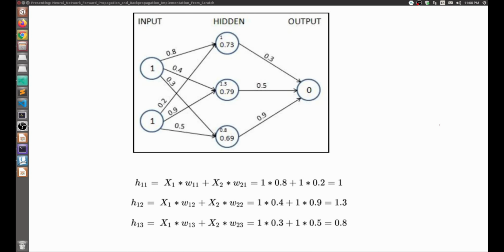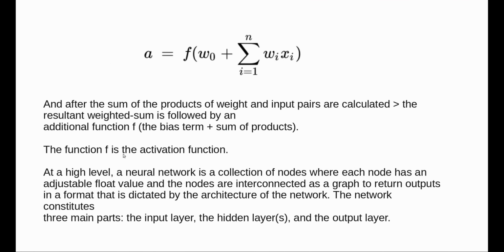And so now the concept of activation function and how the output from the hidden layer is calculated. Remember, we already discussed this concept of the activation function. That is, after the sum of the products, or the weighted sum, is calculated, that is passed through an activation function. So in this image, this f is an activation function, and that activation function takes as its inputs these terms. This term is a weighted sum, and W0 here represents a bias term, but for the sake of simplicity, I have not included the bias term in our discussion till now. But of course, the bias term is very common in every neural network. We'll come to that in a short while, but for now, just note that this f is an activation function, and that it takes the weighted sum as its input. So let's see how this